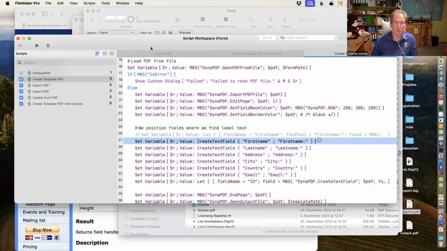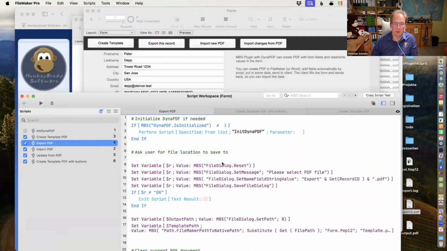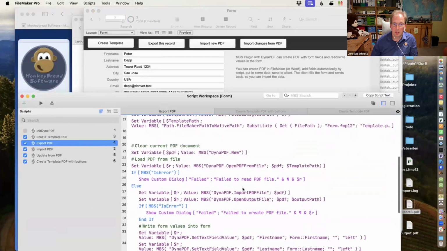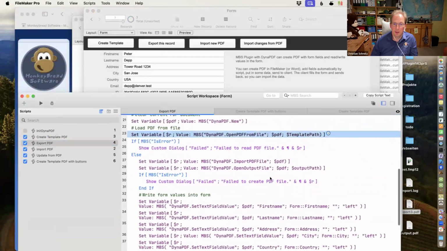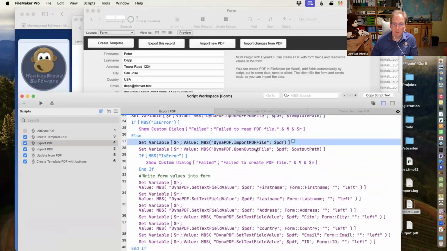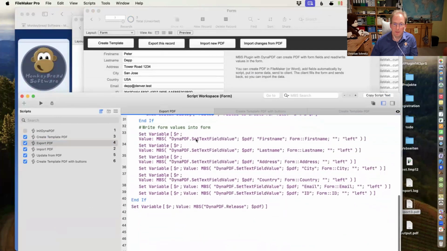This works by the export here: we open the template file, we import the content, we open an output file, and then we call set text field value for every field once, to pass in the value in the FileMaker field to the field with the same name in the PDF document. And then when the cleanup happens, the file is closed and saved.